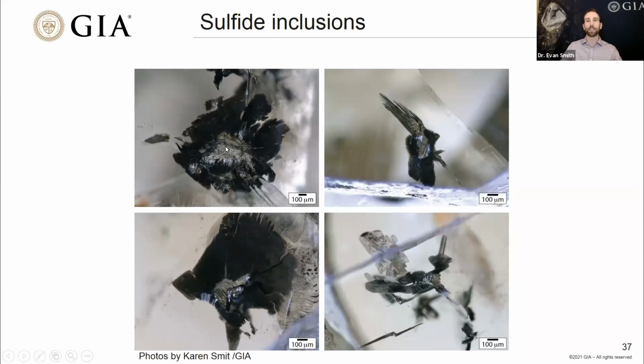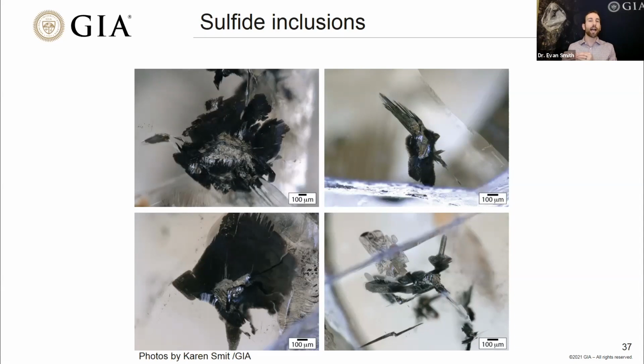Just looking at these, we can see the middle of the inclusion is kind of metallic in luster. These are opaque, so no light passes through them, and they can usually be silvery in color. Very rarely you might notice a yellowish tinge to them. They can be a little bit brassy. But one of the common features you'll see around sulfide inclusions is this large black fracture system, sometimes called a rosette fracture, because it can make petals of a flower-like object. These are mostly filled with graphite, so they look black.